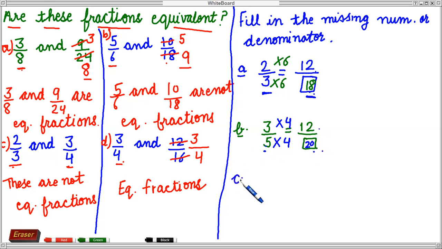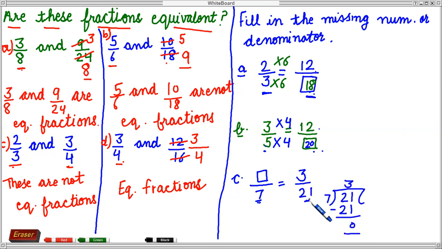Now the other case is when the highest fraction is given to us. See, 3 by 21 is given to us and we have to find out the missing numerator, and the denominator is 7 only. Here you can see, here it is 21 and here it is 7. So the highest fraction is already given and we have to find the lowest fraction. So what is the method? We will divide 21 by 7. If we divide 21 by 7, what will we get? We will get 3.